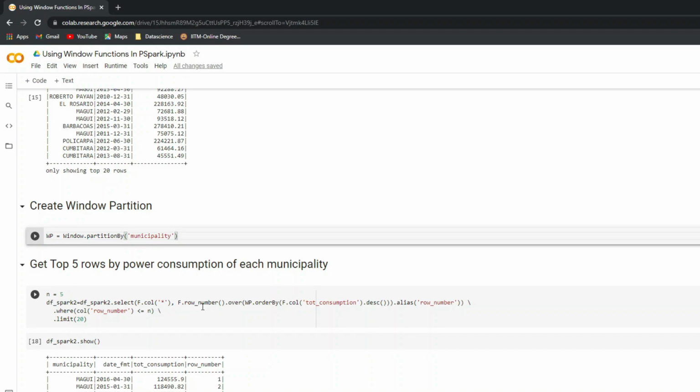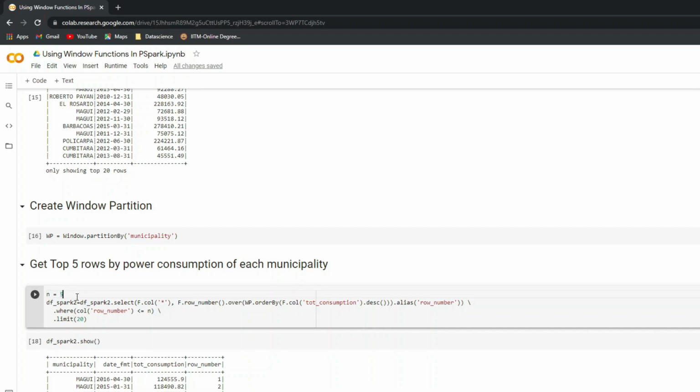I am going to create an additional field called row number, and then I say WP dot order by total consumption in descending order, and give the name of the column as row number. And then I use a where clause to say that it should be less than or equal to n. So what is my n here? Here my n is 5.